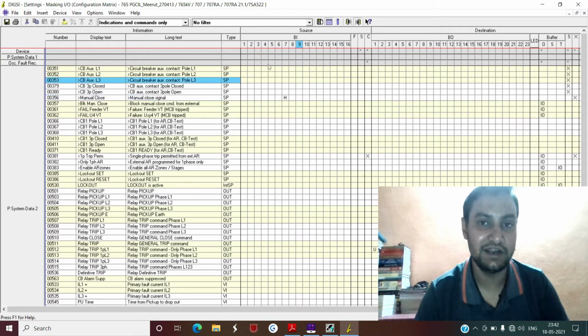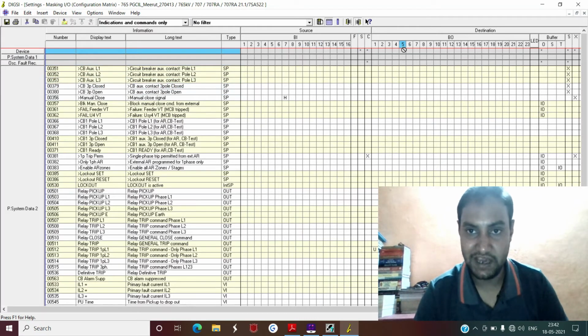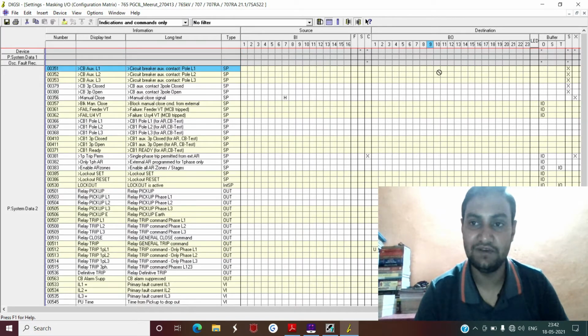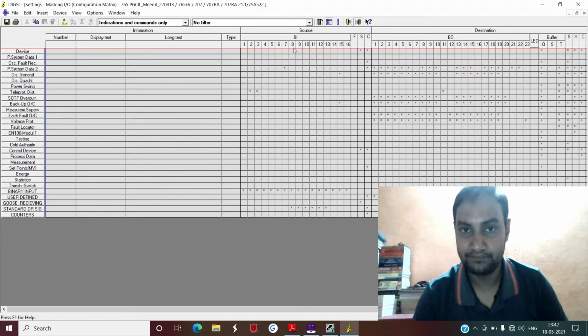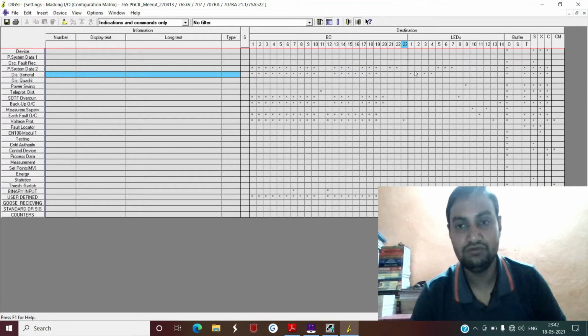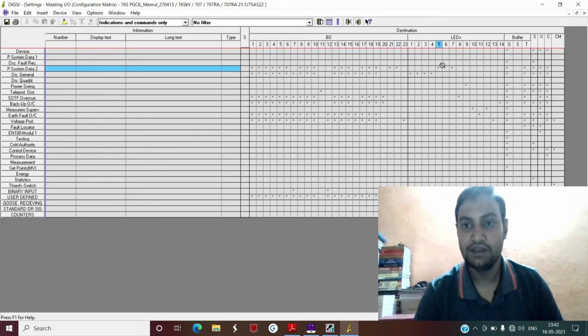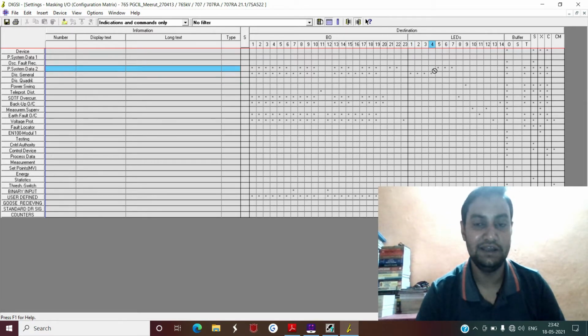That means in this relay there are 16 binary inputs available, and you can configure these 16 binary inputs as per your scheme drawings and as per your requirement. Likewise, in this relay you have 23 binary outputs available, and you can configure these as per your scheme drawing and requirement. Now, just minimize this and expand this LED. So you see here in this 7SE5221 relay, or for that purpose in all Siemens distance relays, you will have 14 LEDs, and you can configure these LEDs as per your requirement.